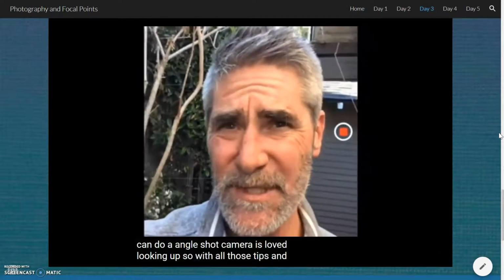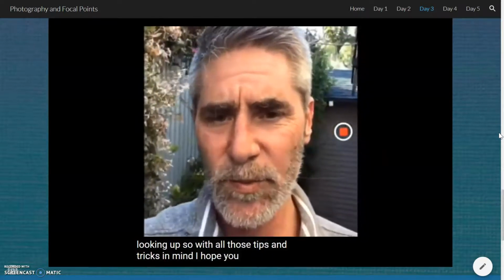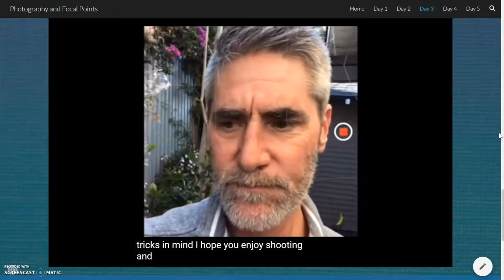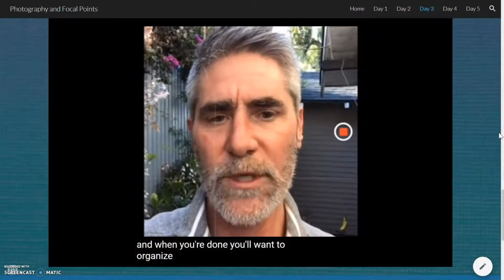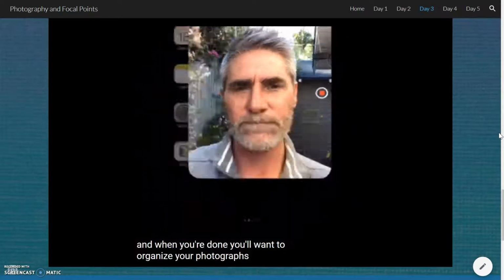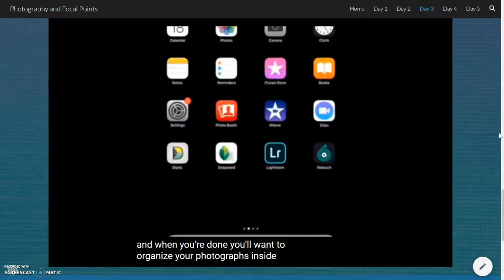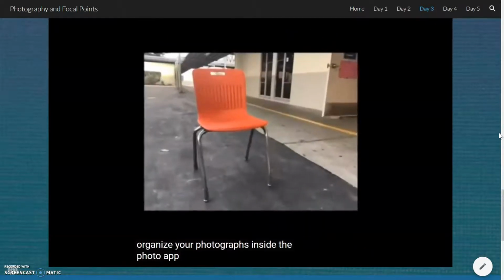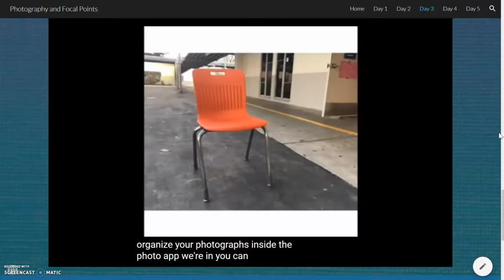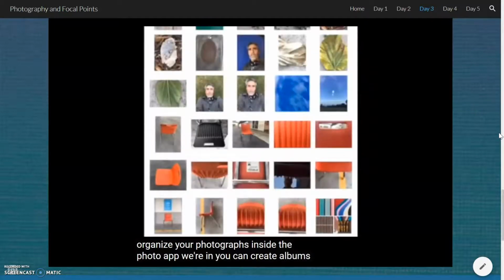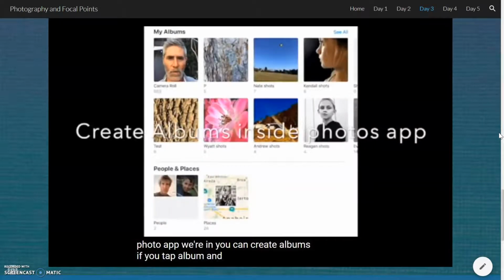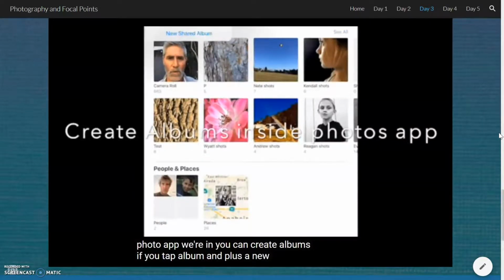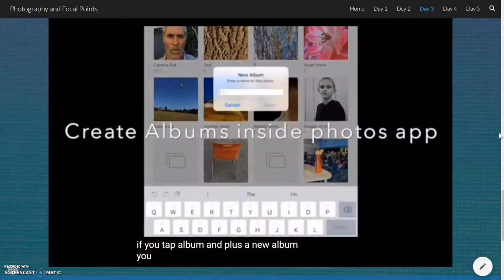So with all those tips and tricks in mind, I hope you enjoy shooting. And when you're done, you'll want to organize your photographs inside the Photo app, wherein you can create albums. If you tap album and plus a new album, you can even name your album